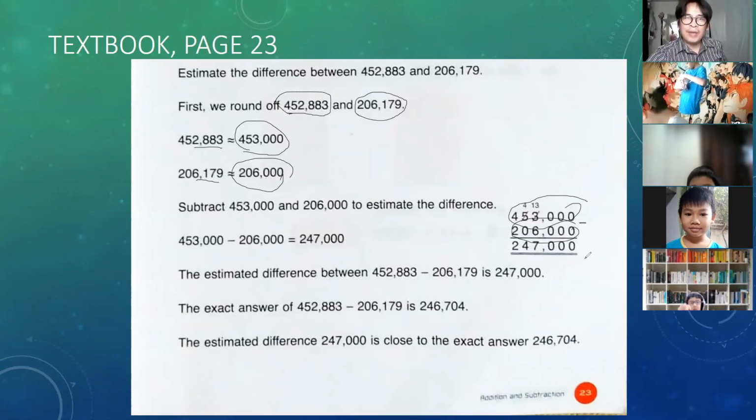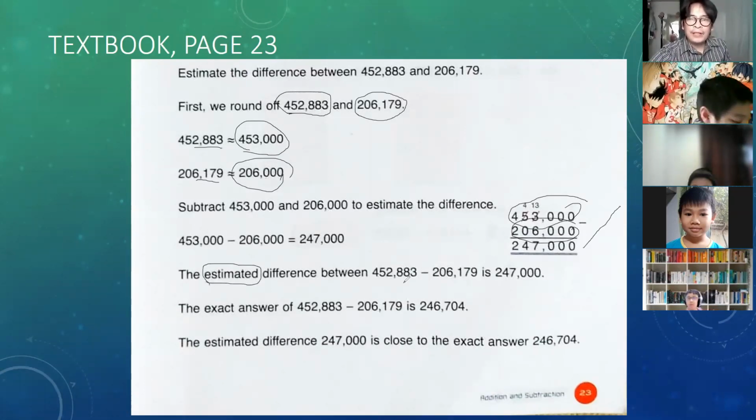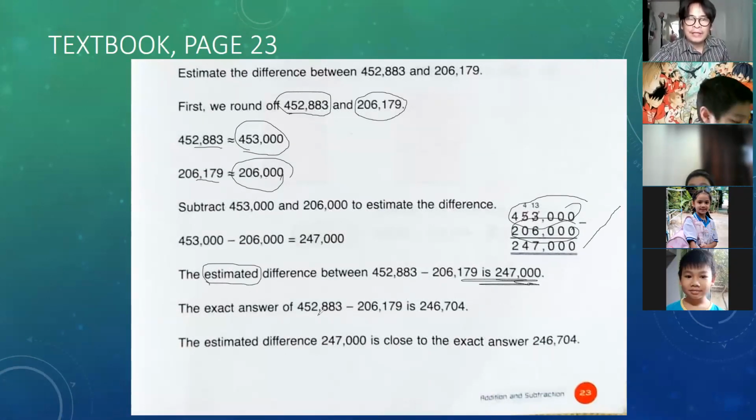So the approximate, or the estimate, answer is 247,000. The estimated difference between these two numbers is 247,000. And the exact answer, or the exact difference, is 246,704. Okay, if you do the exact, it means you write the